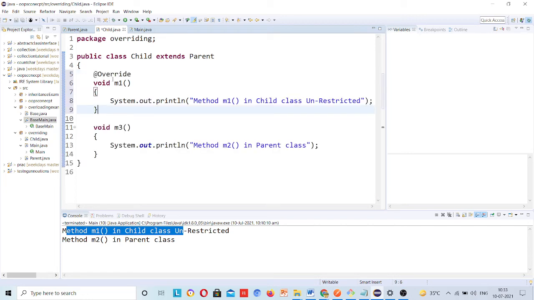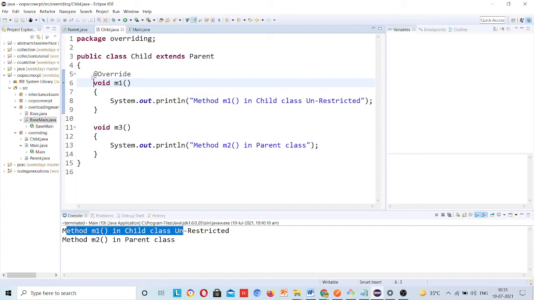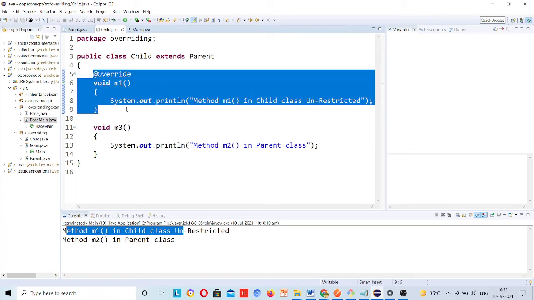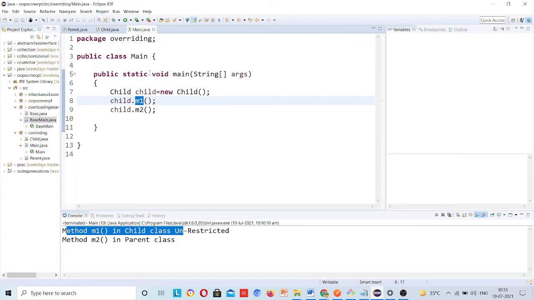But when you are overriding, it will call the overridden method, because the method which was coming from the parent class is overridden. So at runtime it is deciding that this method is coming from the parent class and is overridden in the child class. The mechanism decides in this way, that's why we call it dynamic.